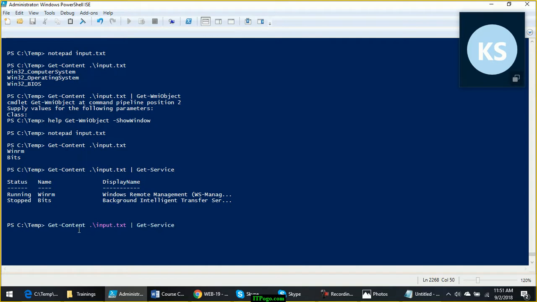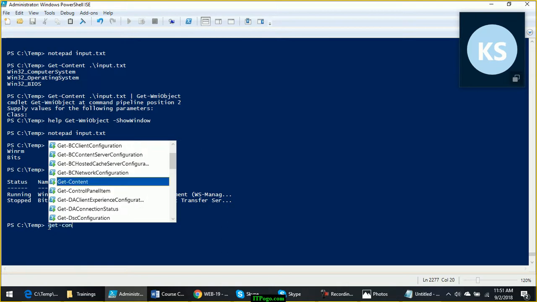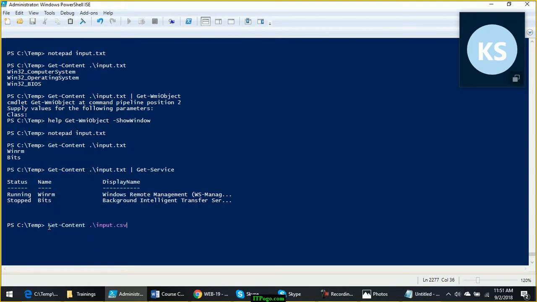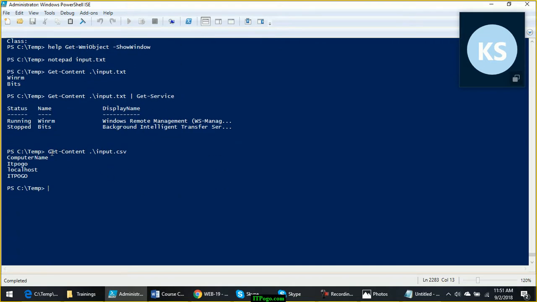Okay, let me open input.csv. Get-Content input.csv. It has a computer name, right?